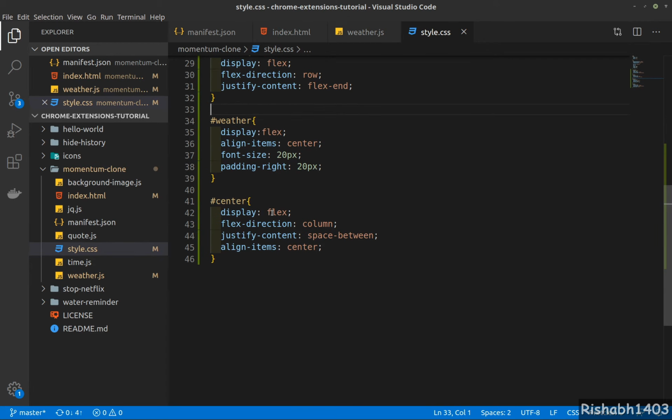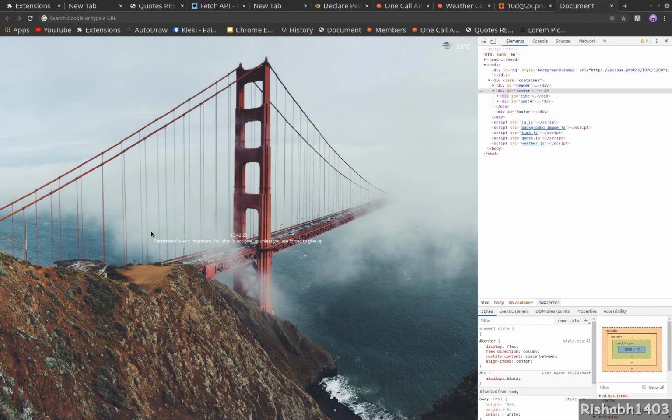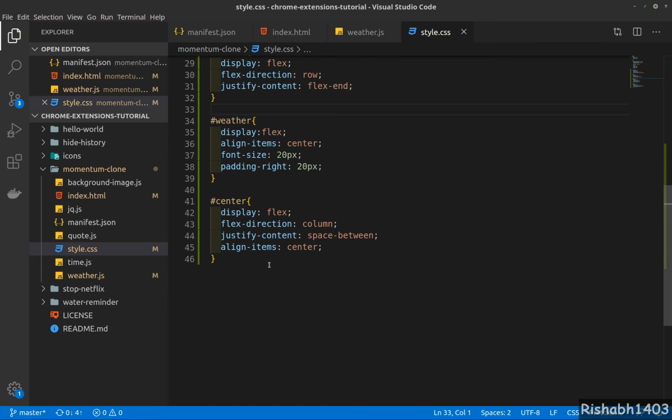So let's see if this has put everything in the center. Okay, as you can see, the time is here and the quote is here. I think we need to increase the font size a bit, so let's go ahead and do that.